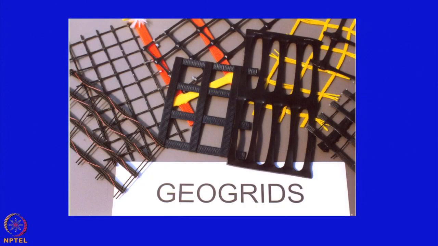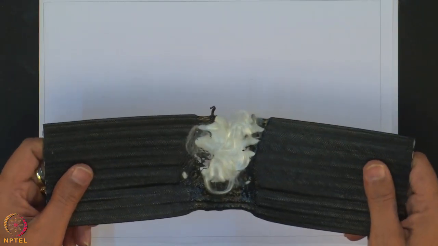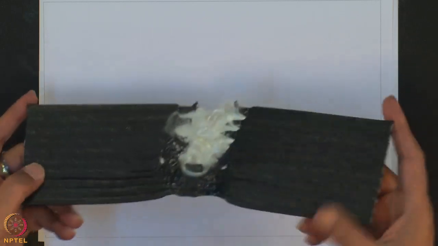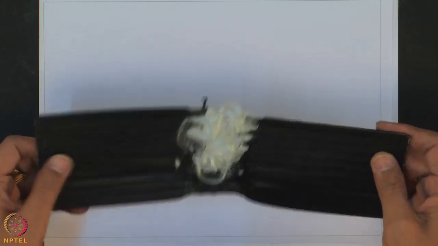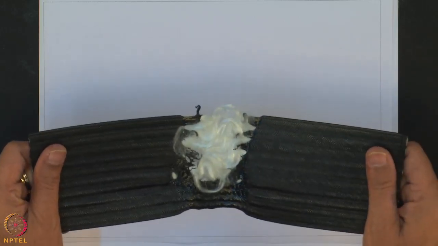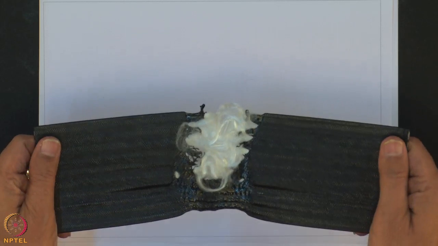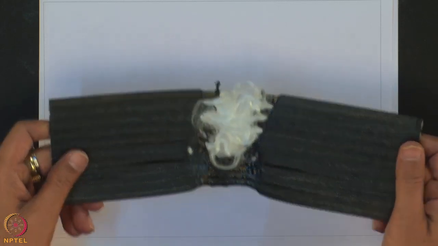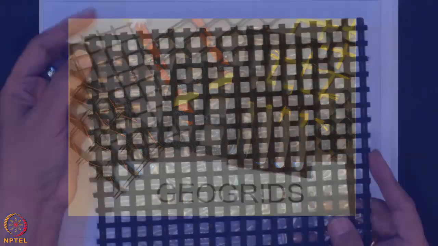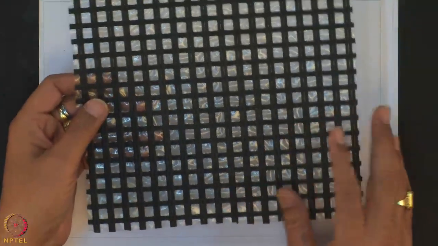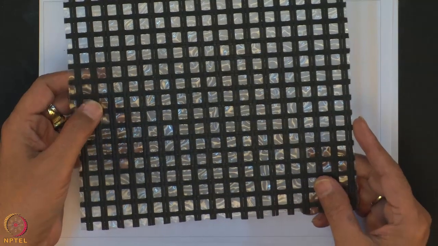There are some other materials also used for the construction of the reinforced soil retaining wall, and this is what you call the friction tie. So this kind of material can also be used for the construction of the reinforced soil wall, and it is called the friction tie. You can use some material for reflection cracking. So this is a kind of material which you can use for reflection cracking.